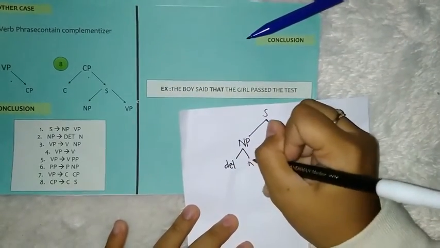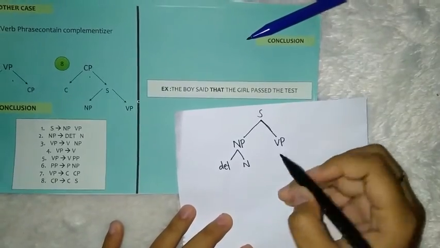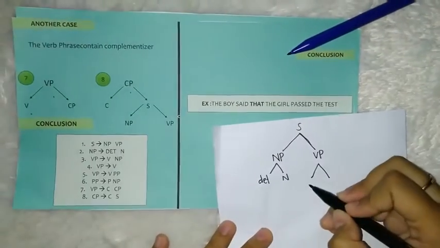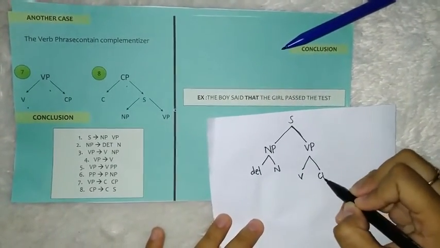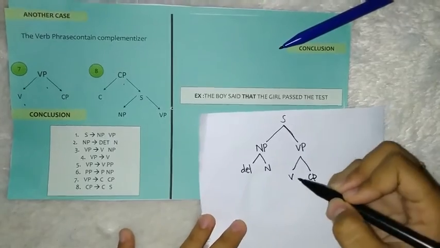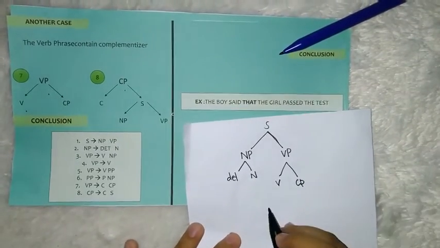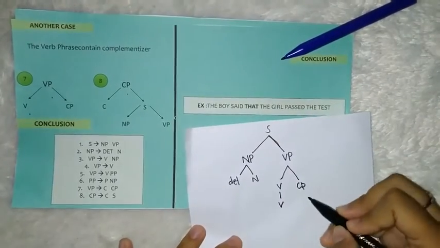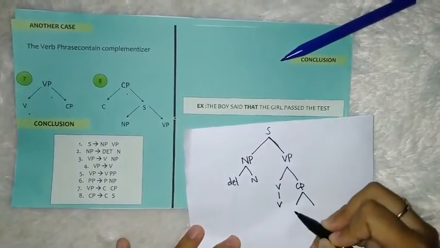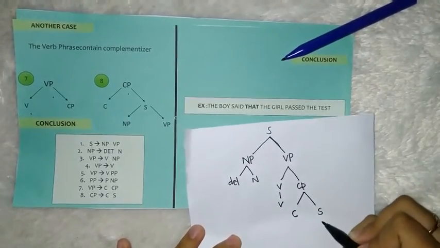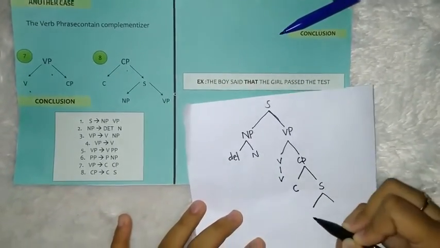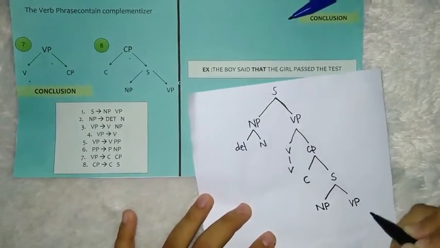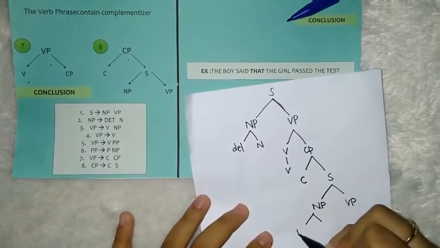Determiner and noun, and verb phrase here, because they have that, so we're gonna use this formula, verb with a complementizer phrase, which is verb in here is verb standalone, and the complementizer phrase is complementizer with sentence, and sentence formula is noun phrase with verb phrase, which is noun phrase formula is determiner